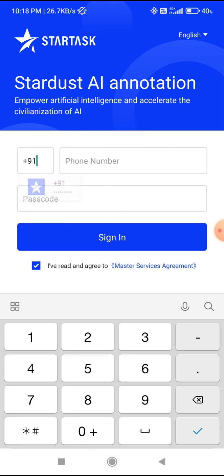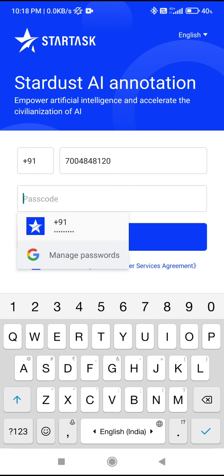My login is 70048482120. I have to enter my password.